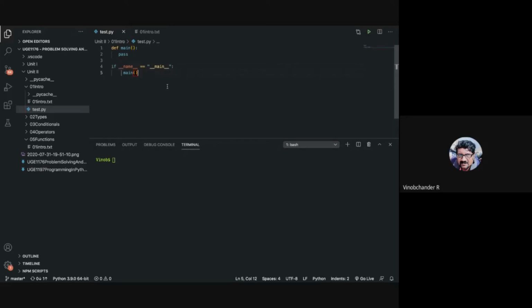Now there is a kind of workaround to this, right? If you use this explicitly, if you use this particular check, you can have forward declarations in Python. Am I confusing you? If things are clear, let me show you with an example.